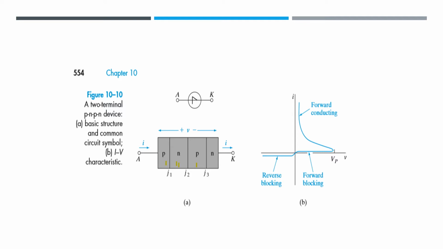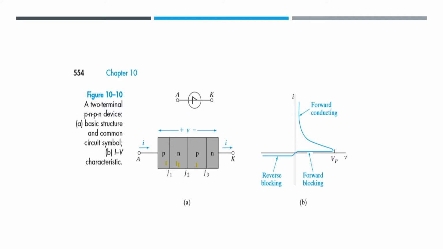So, initially, just understand that here current is entering from the anode and going toward the cathode, and we have applied the voltage between anode and cathode, and of course the anode is at positive potential and the cathode is at negative potential. Again we have three junctions, as I told you at the starting slide, that is junction J1, J2 and J3. Now we will consider its basic structure and then basic operation.